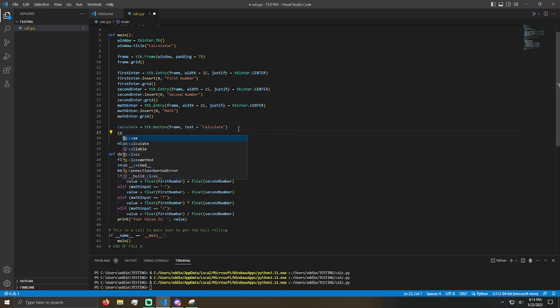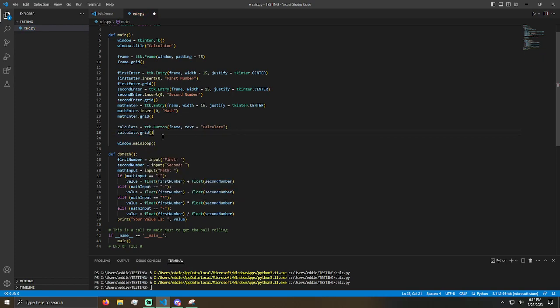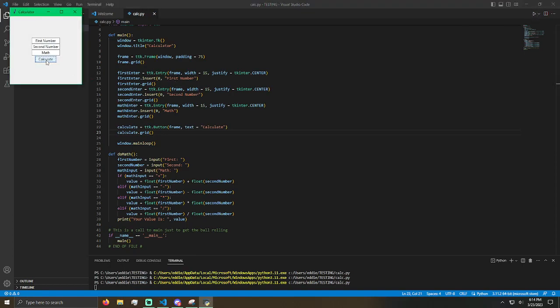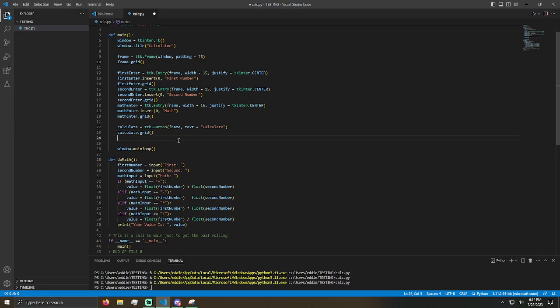We want to say calculate dot grid so we can see the button. Let's look at it. There it is. But of course, our button doesn't do anything yet. Not very convenient. So we need to give it some functionality. Now, the exact reason this works, I could not honestly tell you. Again, I'm not super familiar with the intricacies of doing graphics, but what you want to do is you'll say